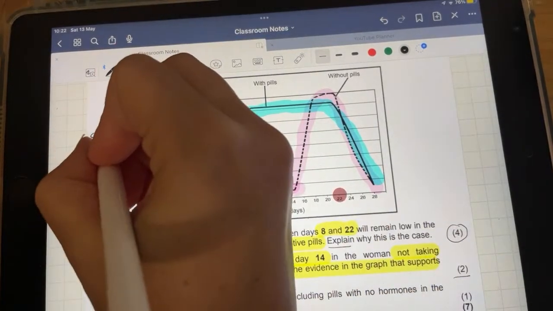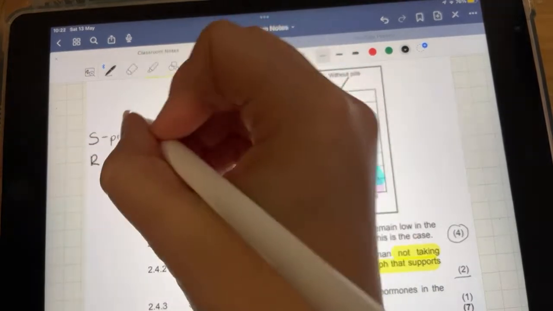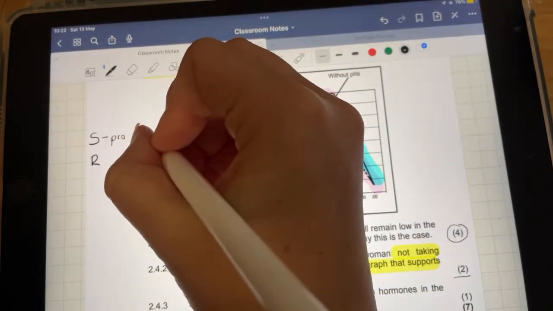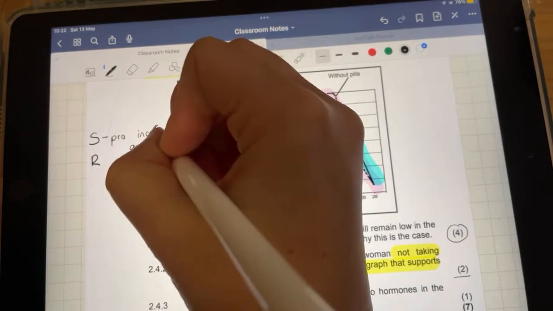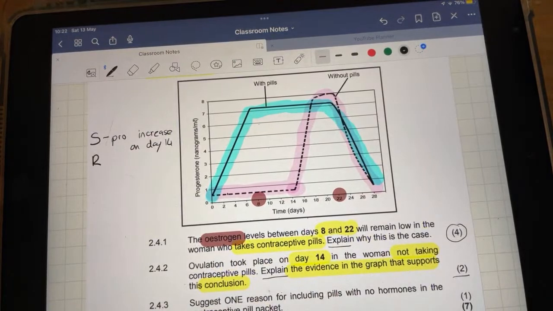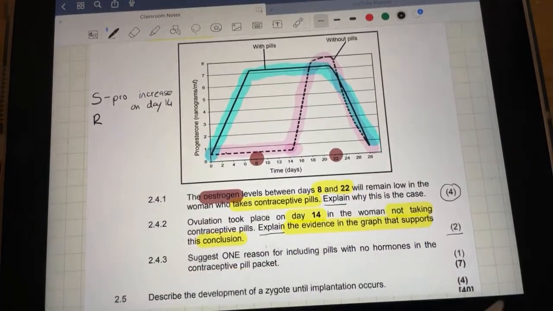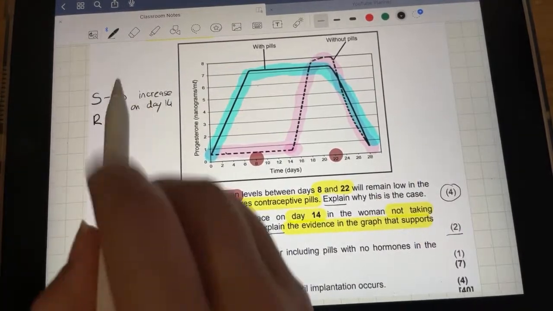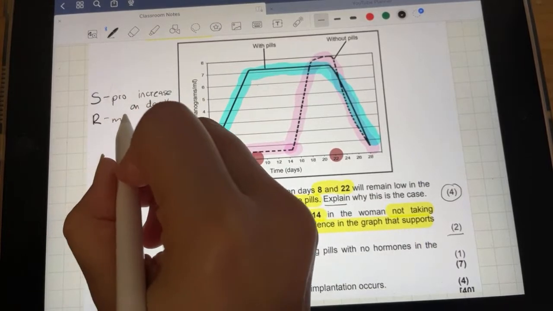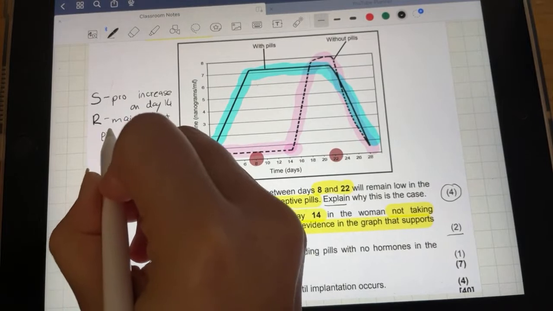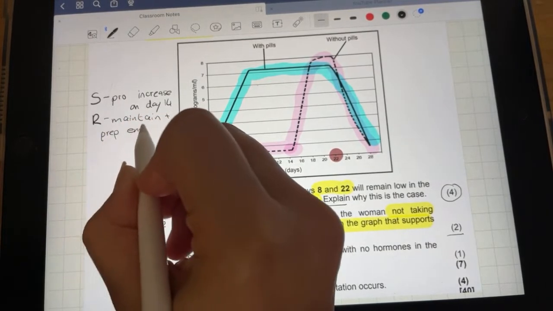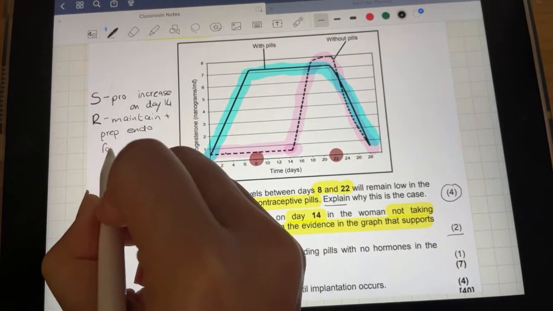So, statement, right? The progesterone increases on day 14. That's the spike. We can see it on the graph. That's your statement. Okay. The reasoning is because of why. Progesterone needs to increase in order to maintain and prepare the endometrium for